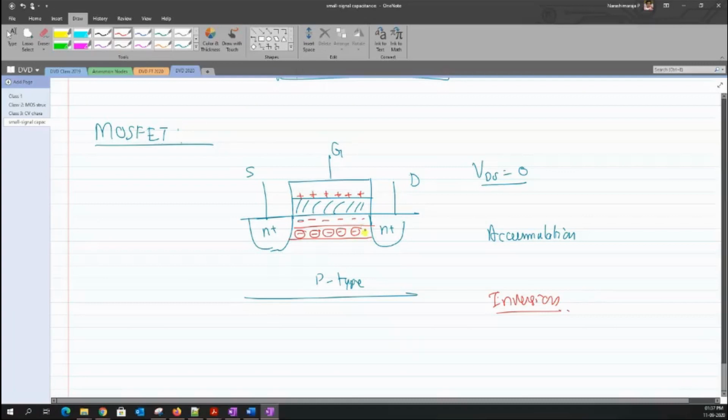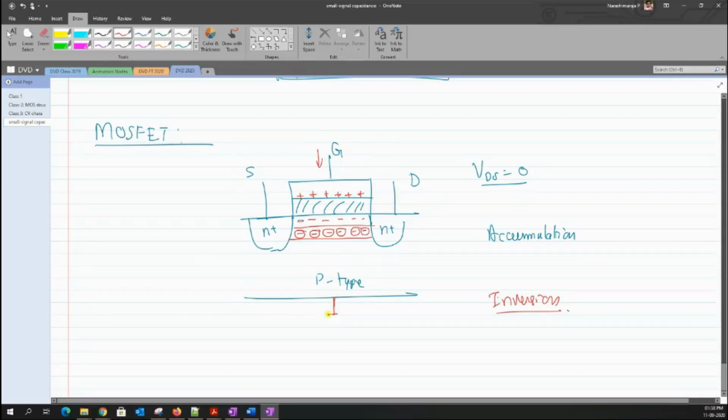So these are the ions that separate me. Now this capacitance cannot be referred with respect to what is known as the bulk. Previously, when I had positive charges, I could measure a kind of capacitance between the gate and the body. In general, this p-type semiconductor, I will just call it the body. But right now, there is a medium that separates the body from the channel. So it is no more a capacitance between the gate and the body, but rather this capacitance has to be referred with some sort of potential.